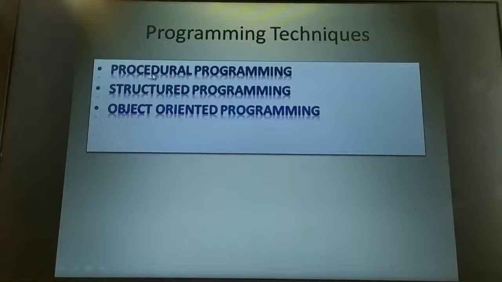And these procedural programs were making use of jumping statements like goto statements, where the control would jump from one step to another. Hence it was very difficult to understand and implement complex problems. So these procedural programs were mainly concentrating on the procedures, and they also used jumping statements. As they used the jumping statements, the length of the programs increased. So this was the major drawback of procedural programming, which gave way to a new programming technique, that was structured programming.